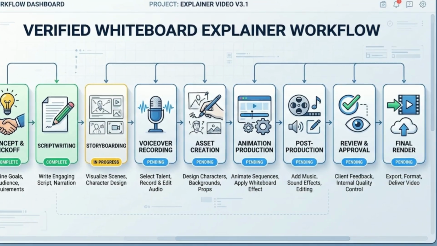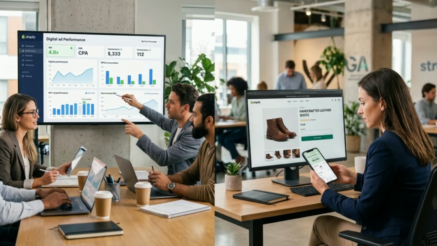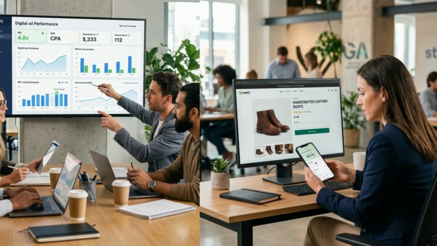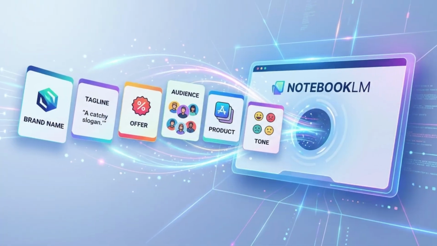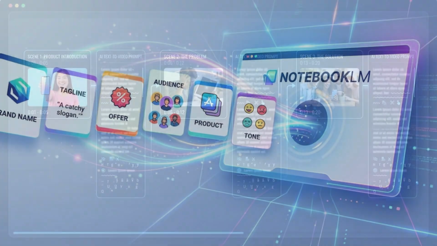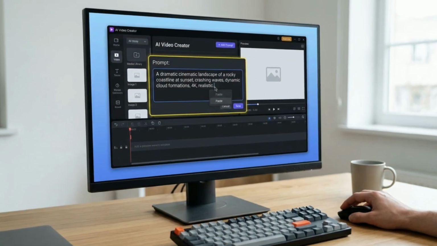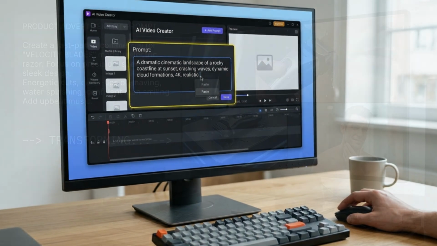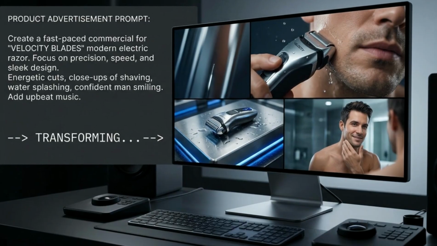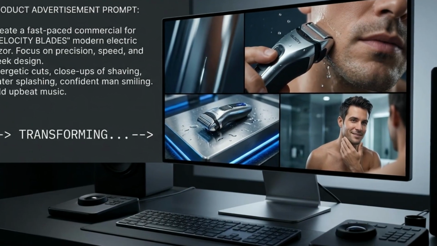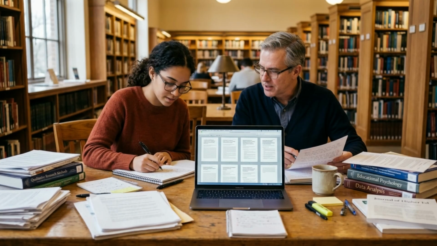If you run an agency or e-commerce brand, your best use case is the video ad engine. Load NotebookLM with professional copywriting frameworks. Give it your exact brand inputs. It will generate a tight 30-second script, and then you can ask it to build a visual plan. It will map out exactly what text-to-video prompts you need to paste into a video generator to bring that ad